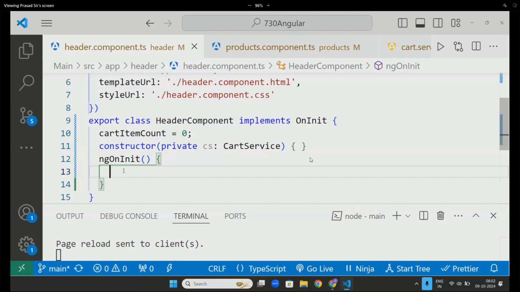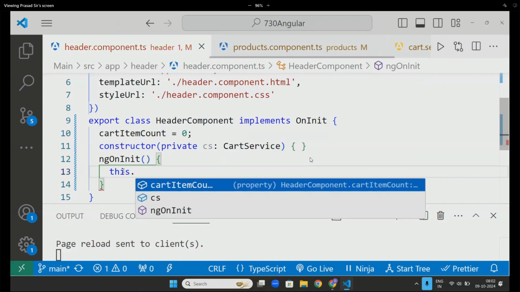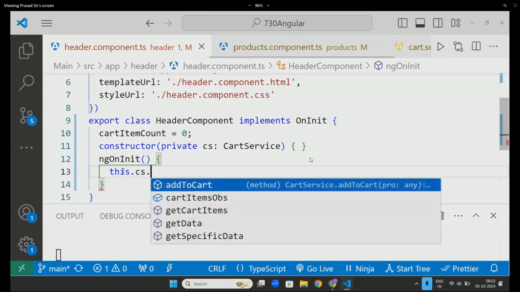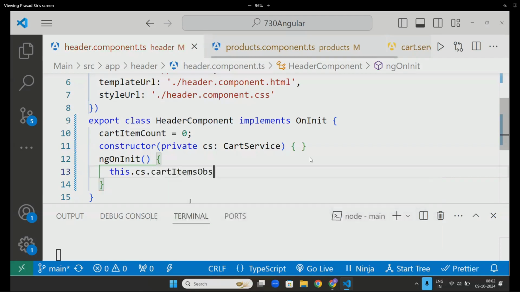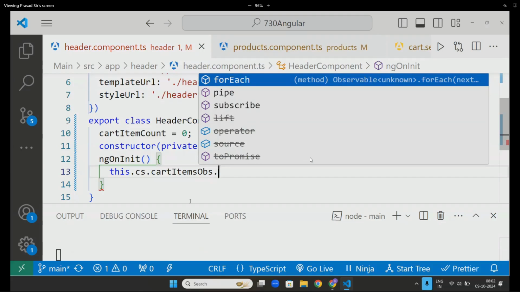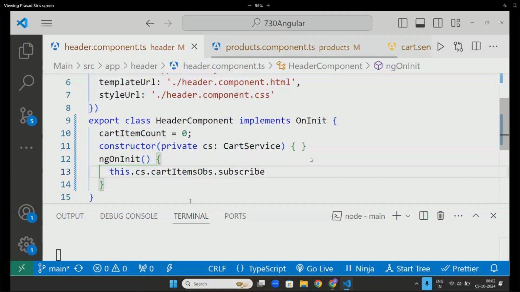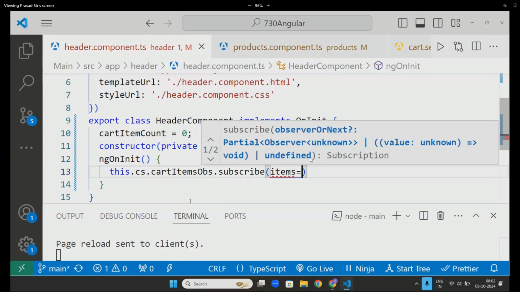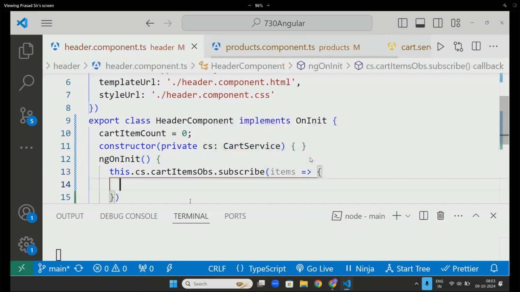Now inside this, what will it do? Whenever the component is updated, it will go to the cart service, and inside the service, it will take this cart items observable. Observable, how will you solve it, sir? Subscribe. And inside the subscribe, let's take items. Whatever values you got here, items, these items are an array.